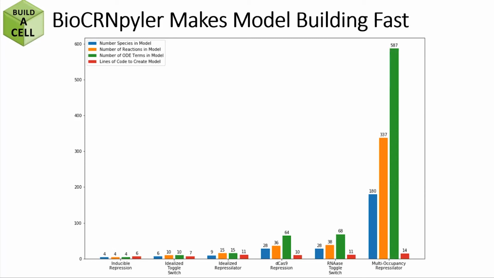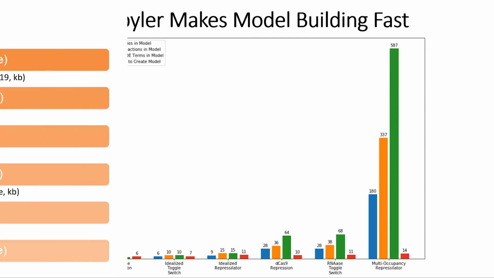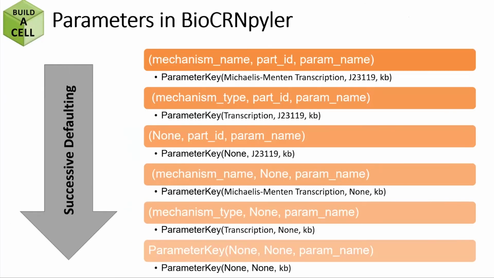But the number of lines of code in Biocompiler it takes to produce this is very low, between 6 and 14. So I can very quickly and easily generate incredibly complex and sophisticated models from very simple specifications in Biocompiler code. And I'll show you in the second part of this tutorial how you actually do that coding, and it's pretty straightforward. Now, one thing though, before we move on to that, is we have to talk about parameters,